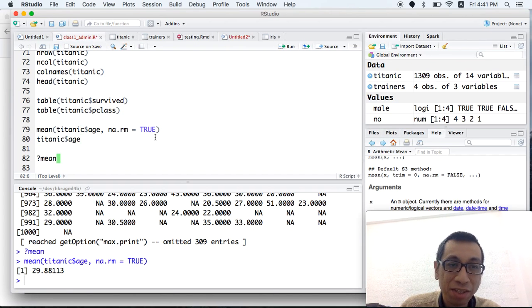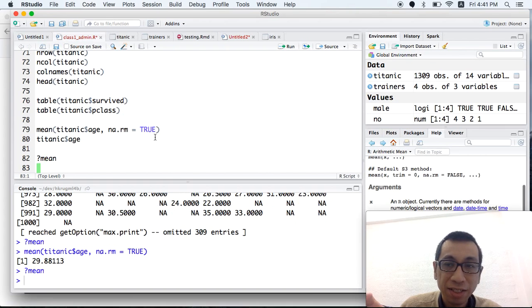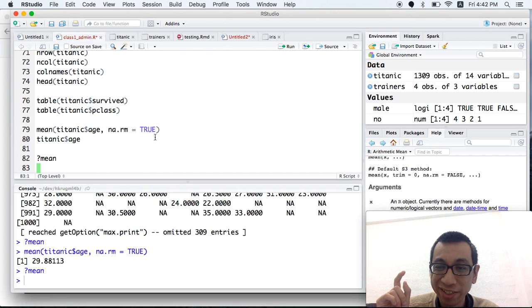And one thing: if you have a function that you want to consult the help file for, you can use a question mark followed by the function name. This is a process that programmers call RTFM, read the manual.